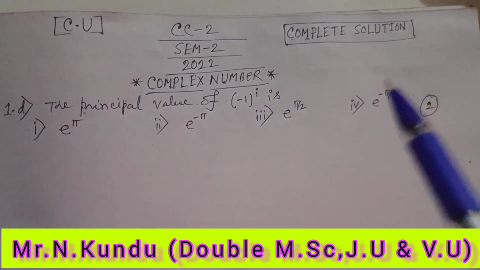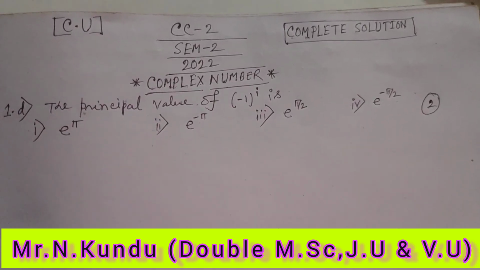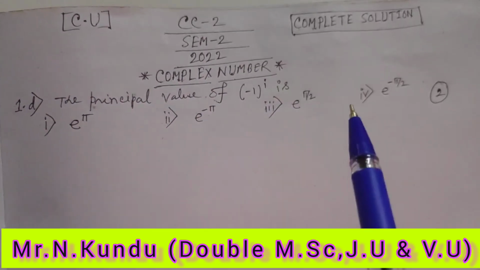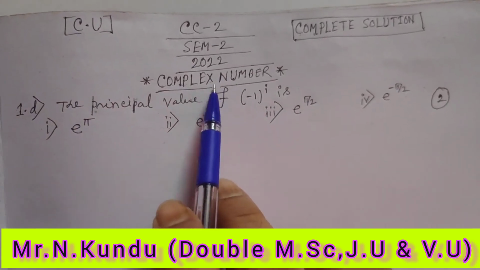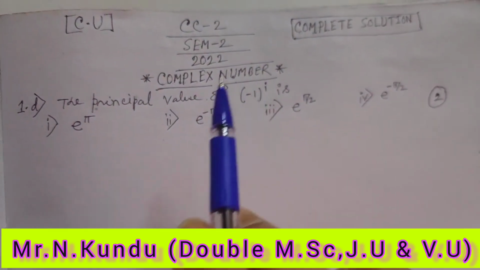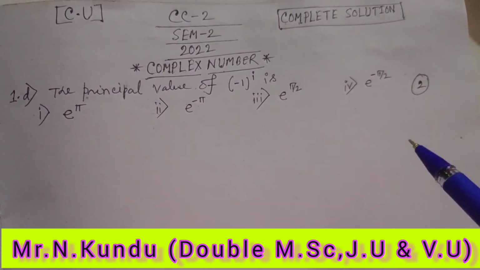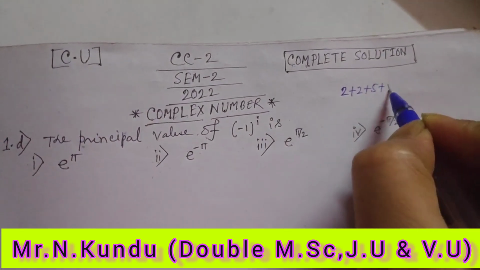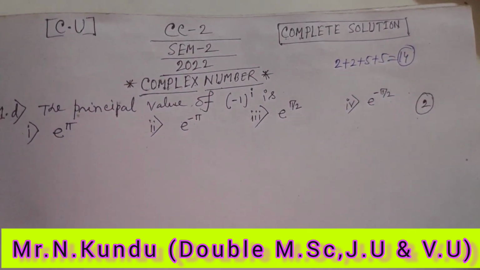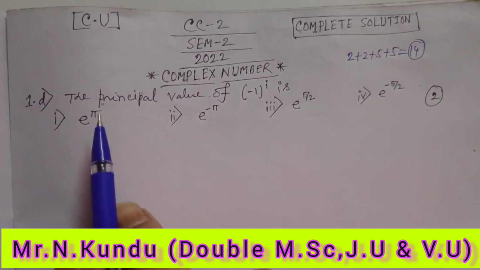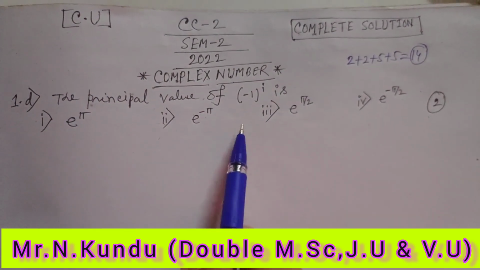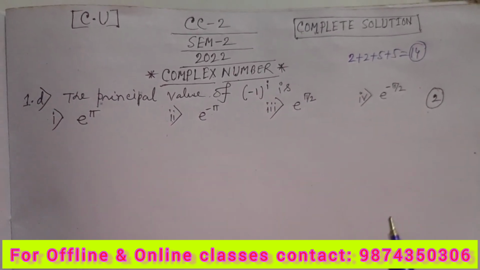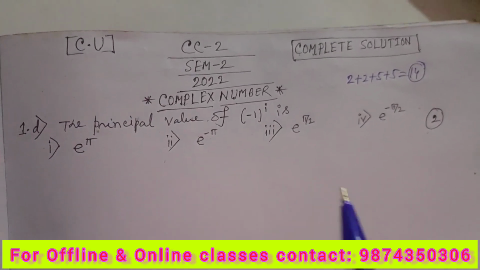তোমরা জানো নিউ এডুকেশন পলিসি অনুযায়ী মেজর অ্যান্ড মাইনরের সেমিস্টার 1 অ্যান্ড সেমিস্টার 2 সেম সিলেবাস। সো এই ভিডিওটা তোমাদের সবার জন্যে খুবই ইম্পর্টেন্ট। 2022-এ কমপ্লেক্স নাম্বার থেকে টোটাল আমাদের 4 কোয়েশ্চেন্স এসেছে, যার মধ্যে দুটো ছিল MCQ ইচ অফ 2 মার্কস অ্যান্ড দুটো 5 মার্কসের কোয়েশ্চেন। সো দ্যাট মিনস 2 + 2 + 5 + 5 টোটাল 14 মার্কসের কোয়েশ্চেন 2022-এ ক্যালকাটা ইউনিভার্সিটিতে এসেছিল। তোমাদের NEP-তে MCQ আর নেই, এখন 2.5-এর কোয়েশ্চেন আছে। তো এই MCQ-গুলো কিন্তু এখন 2.5-এর কোয়েশ্চেন হিসেবে এক্সামে আসতে পারে। সো MCQ-গুলো কিন্তু প্র্যাকটিস করাটা খুব ইম্পর্টেন্ট।